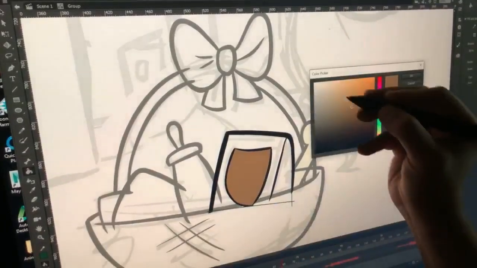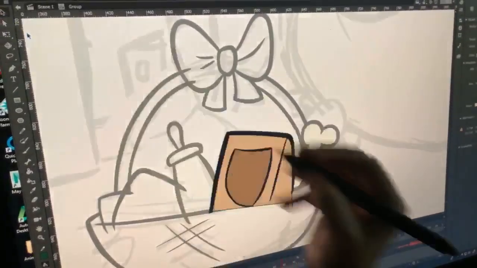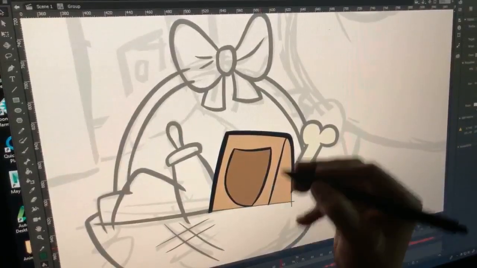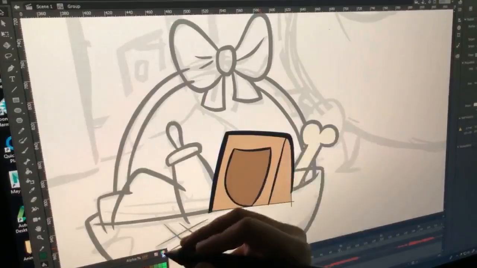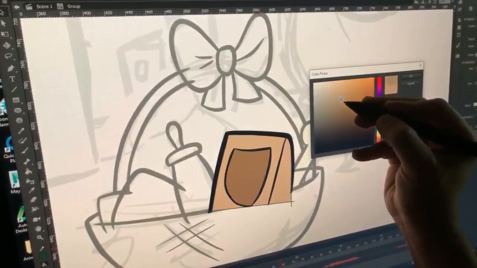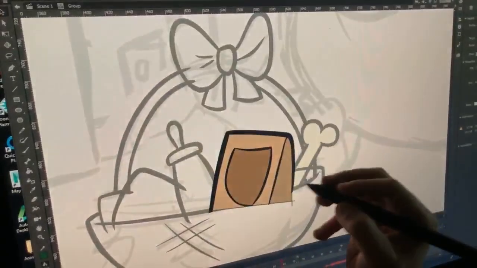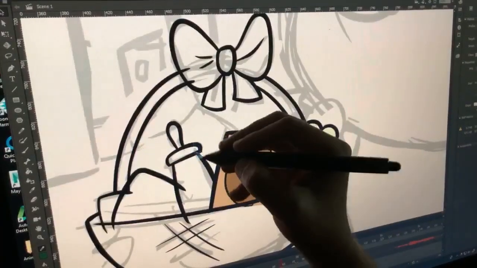I'll make a new color and fill this in. There you go. And if I want to do this area kind of different, I'll drag this down to close off that area. Now it's closed off. And I'll pick that color, take it down a little bit, and then fill it. And now you have a little color there. Or it gives it a little bit of dimension.